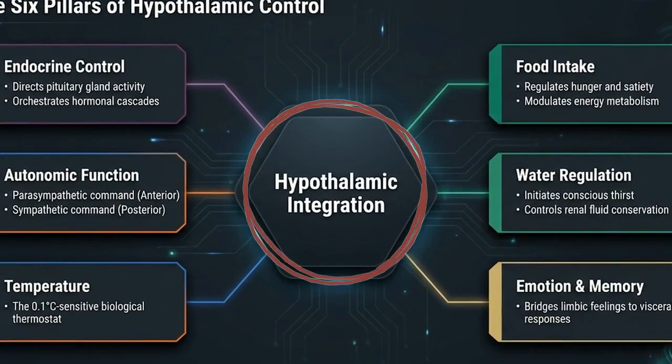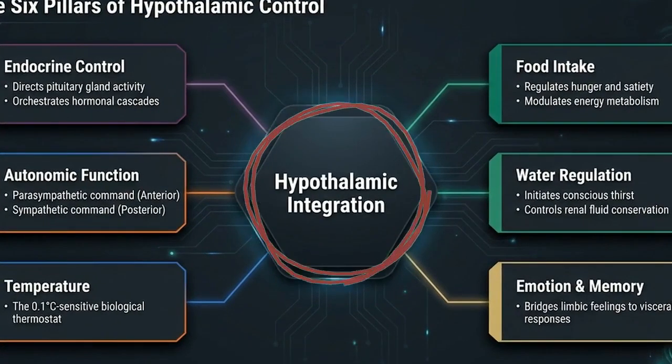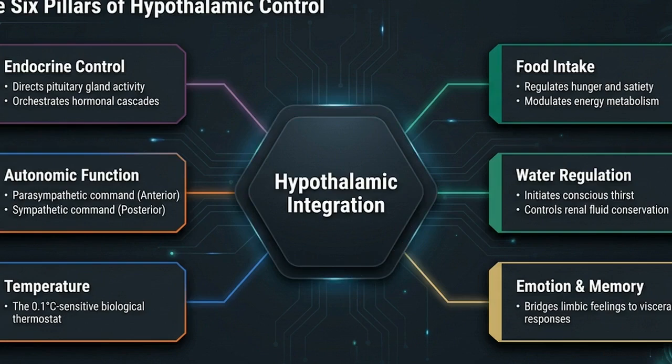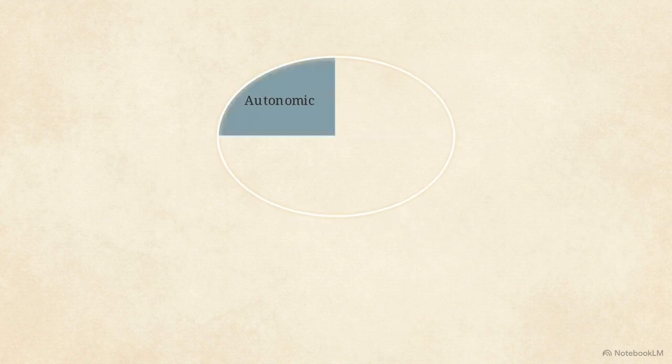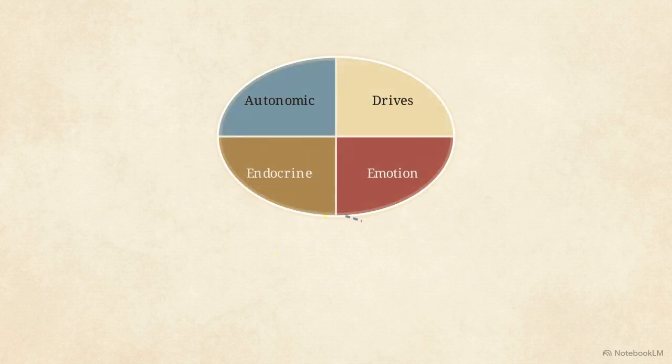Having a single, tiny node controls so many overlapping systems simultaneously presents massive physiological risk. A stray electrical impulse governing core temperature could easily trigger unrestrained hunger or severe dehydration. To prevent catastrophic signal interference, the hypothalamus isolates these distinct commands through a strict internal geography and a bimodal output